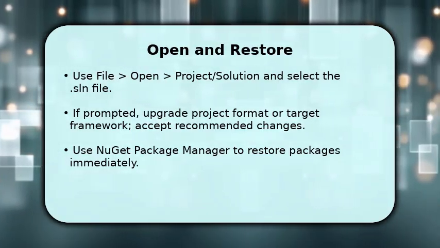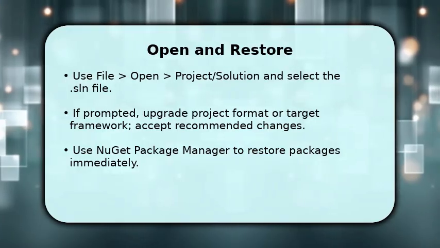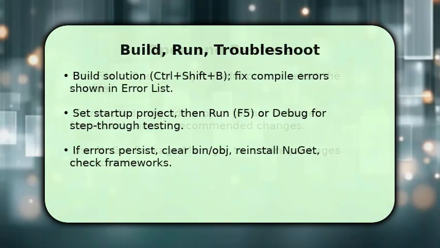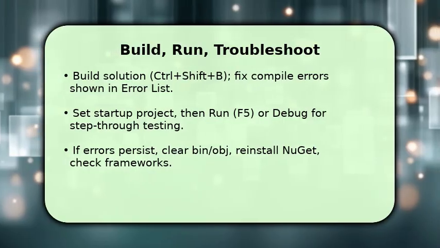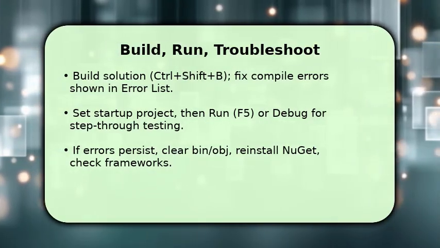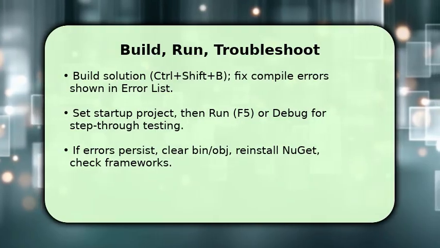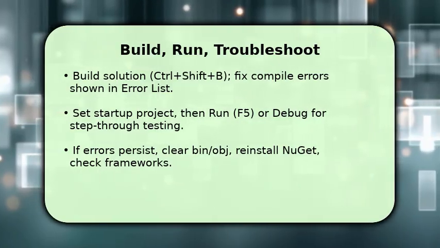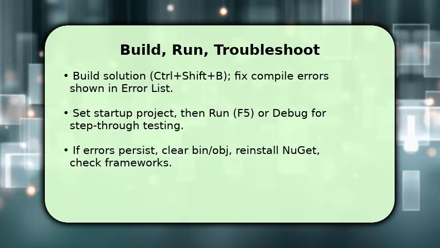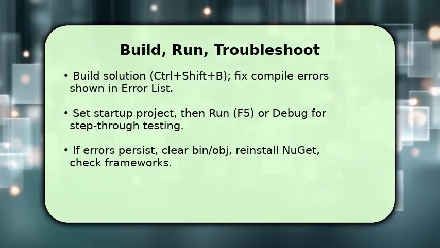You now build the solution with Ctrl+Shift+B and read the error list to prioritize fixes. Compile errors usually reference missing references or mismatched frameworks. Once the build succeeds, right-click the intended startup project and choose Set as Startup Project, then press F5 to run